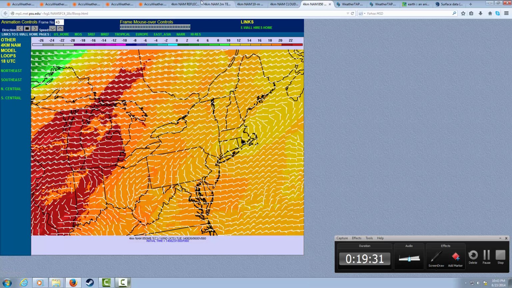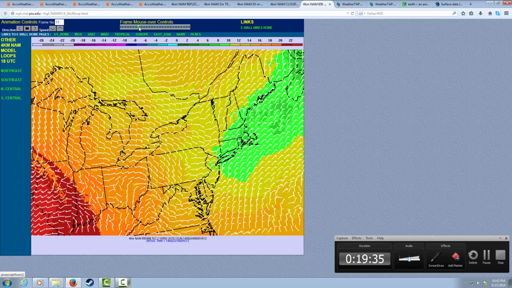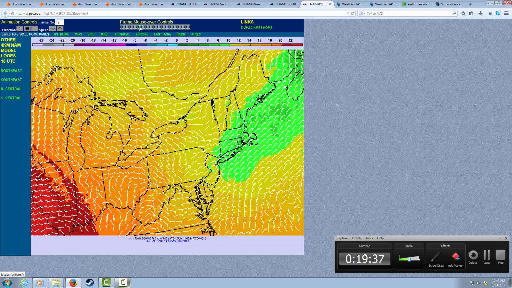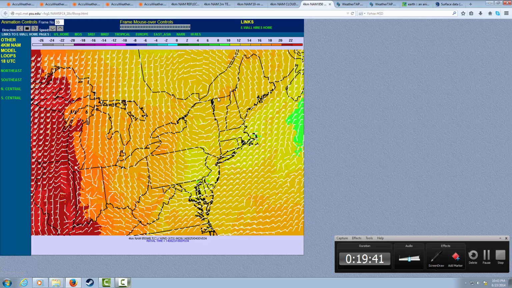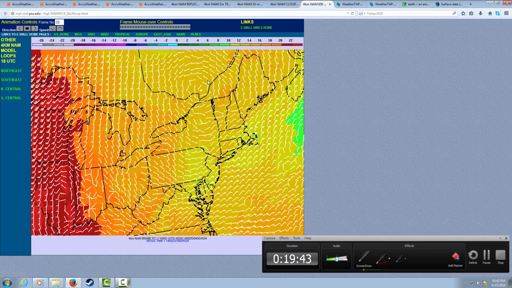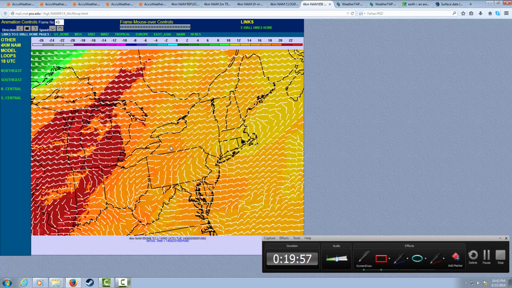850 millibar winds showing weak cold air advection. However, later in the week, as this high pressure system moves on up into the Canadian Maritimes, that warm air will be building more into our region, as shown here at 2 a.m. Monday night. You see Oswego is undergoing some pretty decent warm air advection